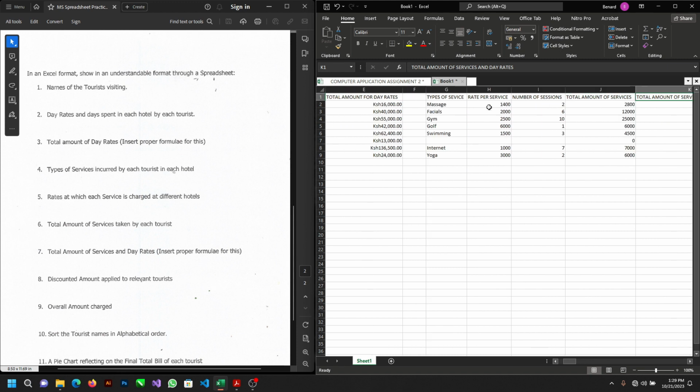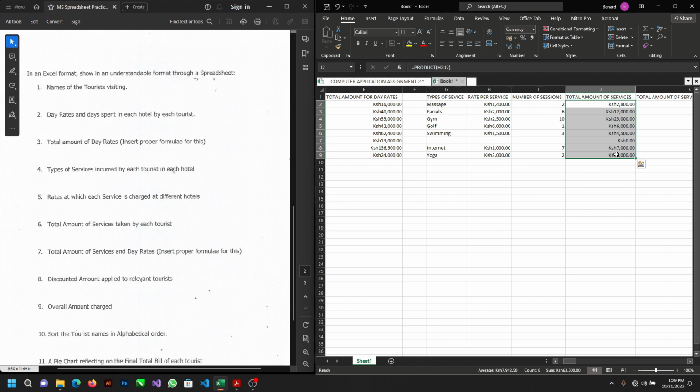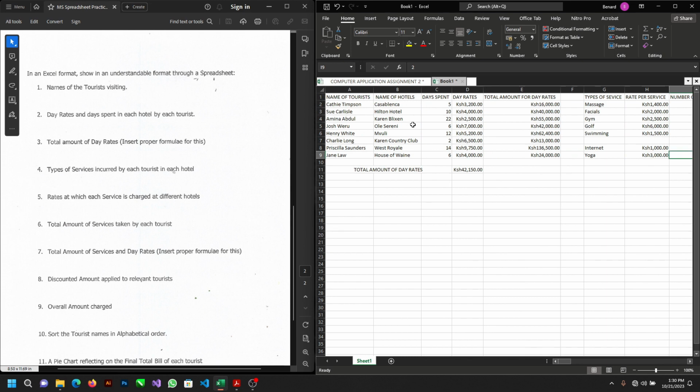Now, since the rate per day should be in currency format, let's change that. Currency. Also, this should be currency format. And okay, so here we need